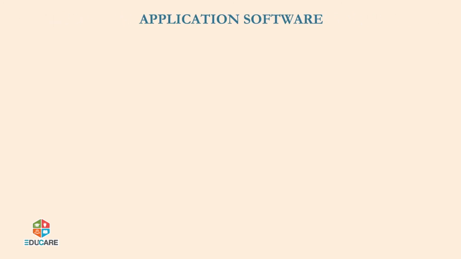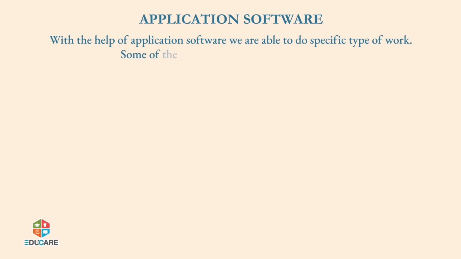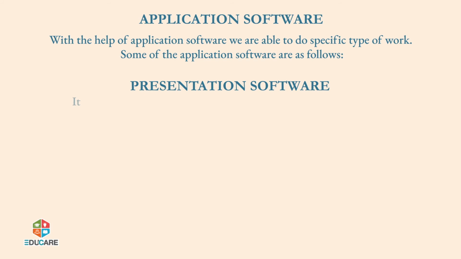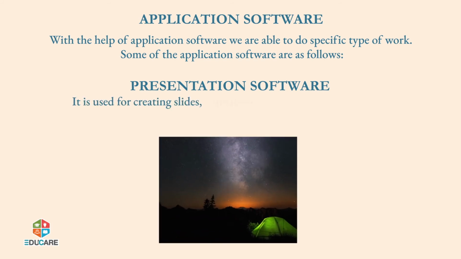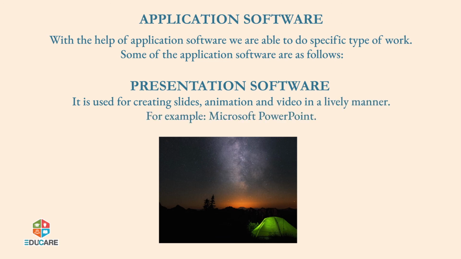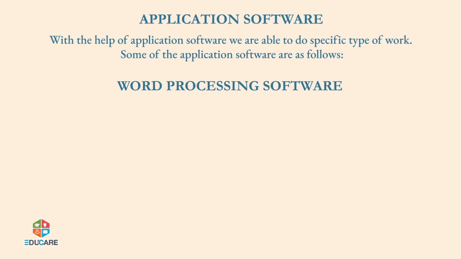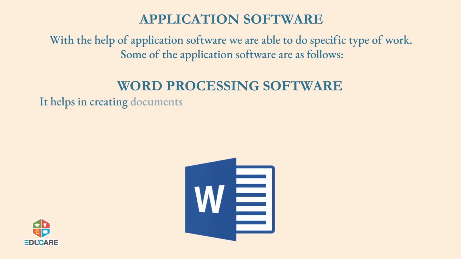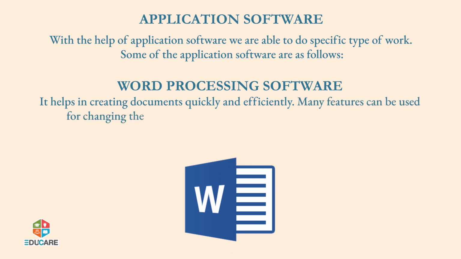Application software. With the help of application software, we are able to do specific type of work. Some of the application software are as follows. Presentation software. It is used for creating slides, animation, and video in a lively manner. For example, Microsoft PowerPoint. Word processing software. It helps in creating documents quickly and efficiently. Many features can be used for changing the appearance of text in a desired manner. For example, Microsoft Word, WordPad,